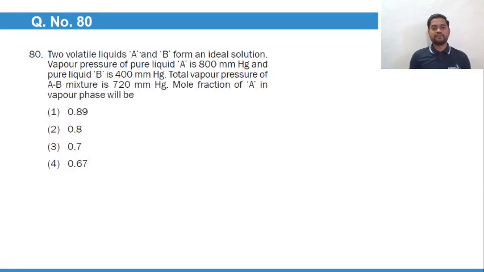Two volatile liquids A and B form an ideal solution. The vapor pressure of pure liquid A is this, and of pure liquid B is this. The total vapor pressure of the A and B mixture is this. They are asking for the mole fraction of A in the vapor phase. So the first thing we can use is to calculate the mole fraction of A in the liquid phase. According to Raoult's law,